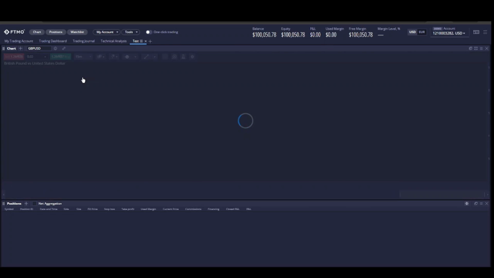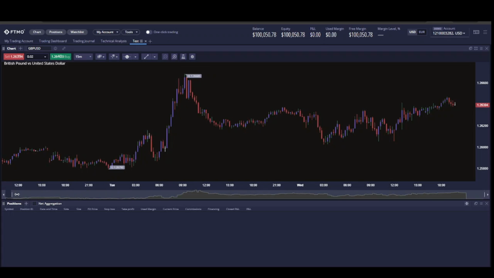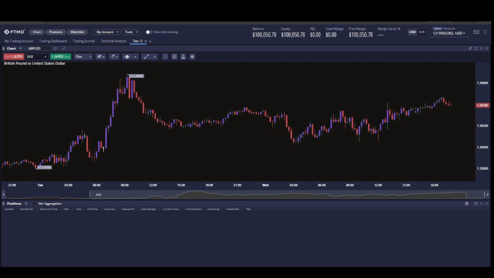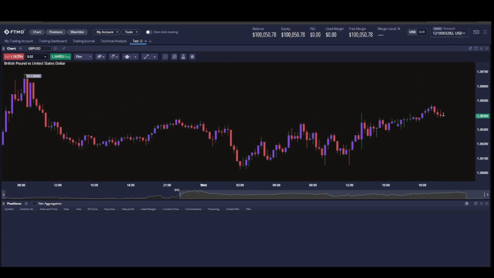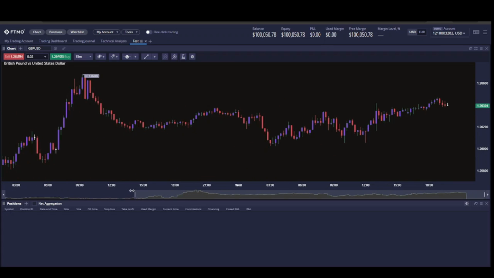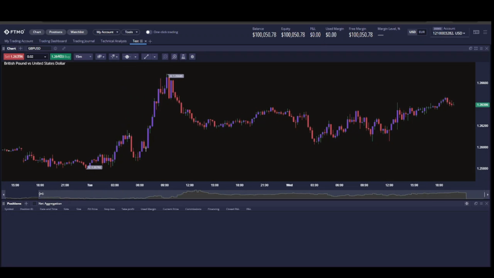Let me change the time frame. So what I found is, if you want to focus on recent data only, then you can move the slider to right and it will automatically zoom in as well, just like here. If I move the slider here, you can see it, and you can move it back, however you like it, but I think it's a nice feature.